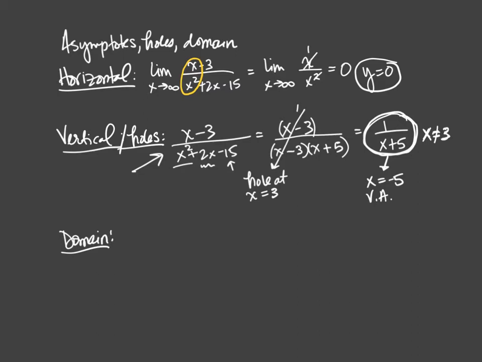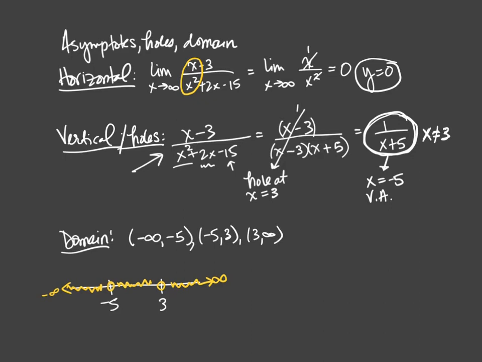So now that I know I have two discontinuities, one removable, one non-removable, my domain, by looking at my number line, here's negative 5 and 3, I have discontinuities there, which means I can use anything in between, or anything to the right of positive 3, and anything to the left of negative 5. So when I write this as my domain, it's negative infinity to negative 5, and then from negative 5 to 3, and then from 3 to infinity. We're not including negative 5 and 3. So those three intervals will come up again and again in our next work.